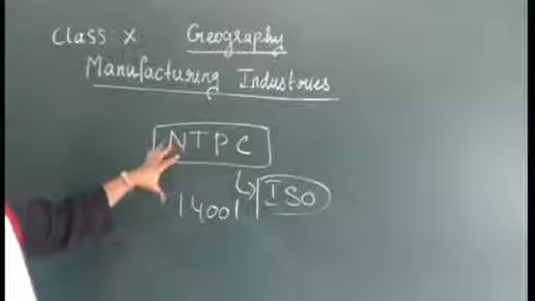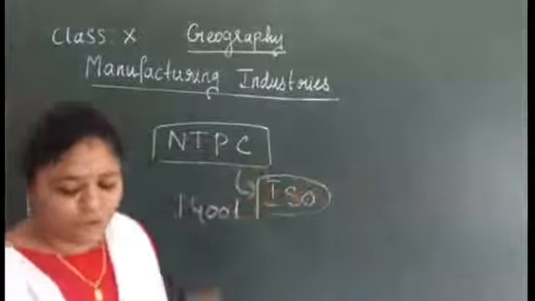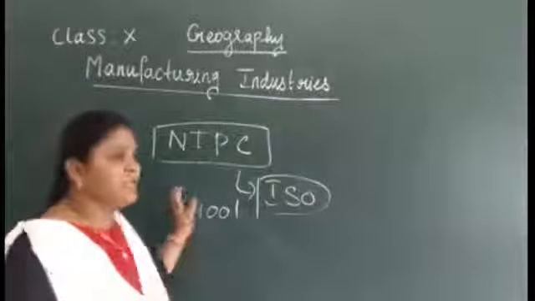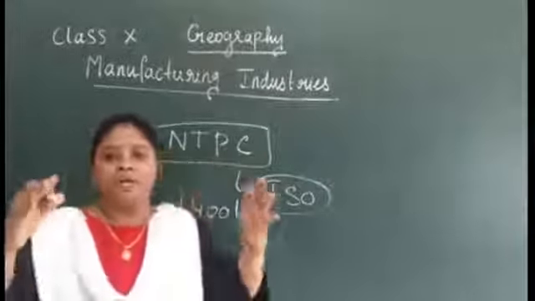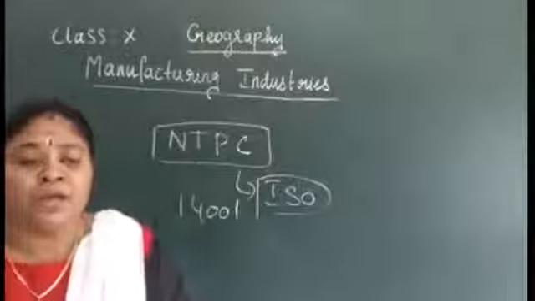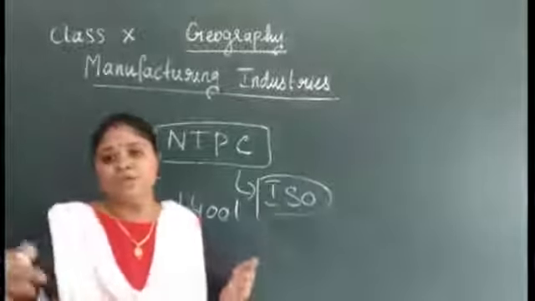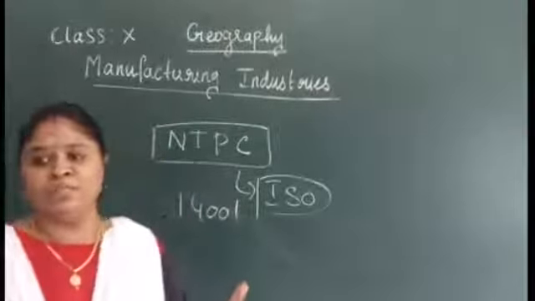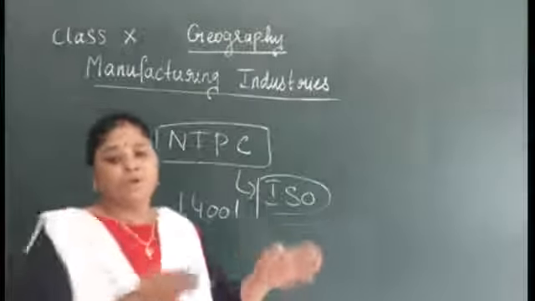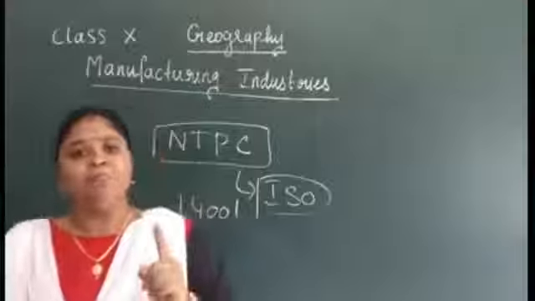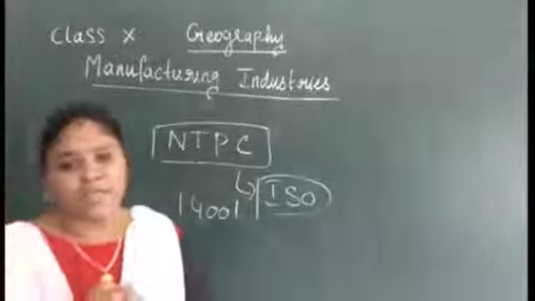If you have a picture, if you have a book, you can look into your book and see how it is. For this Ramagundam plant, just imagine that you are entering that area. Before you enter the factories, you will have a long distance area where no vehicles are allowed, that is, petrol or diesel vehicles. Only battery vehicles are allowed in these areas.